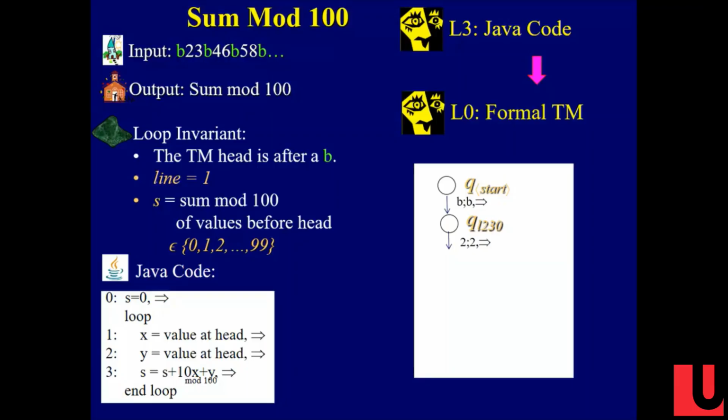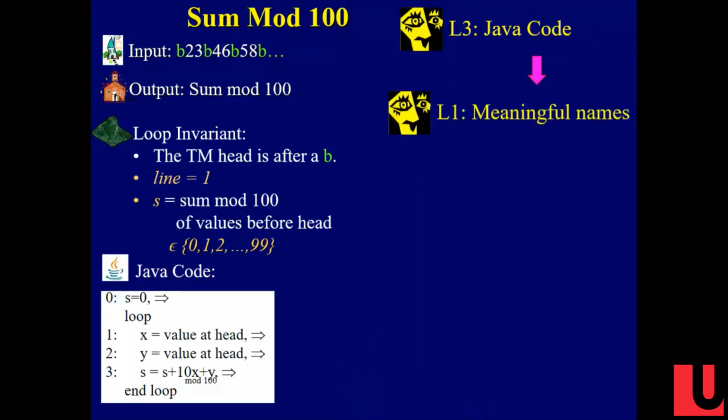Right? And then right here I was reading the B, and I write the B, and I move my head right. And now I read the 2, I write the 2, I move the head right, right? And I go to funny states. So I read the 3, I write the 3, I read the B, I write the B. Everybody see this is what the Turing machine's doing, right? And it's going from state to state. Everybody love this? No, you don't love this because I don't get any meaning here, right? All right, so that was no good.